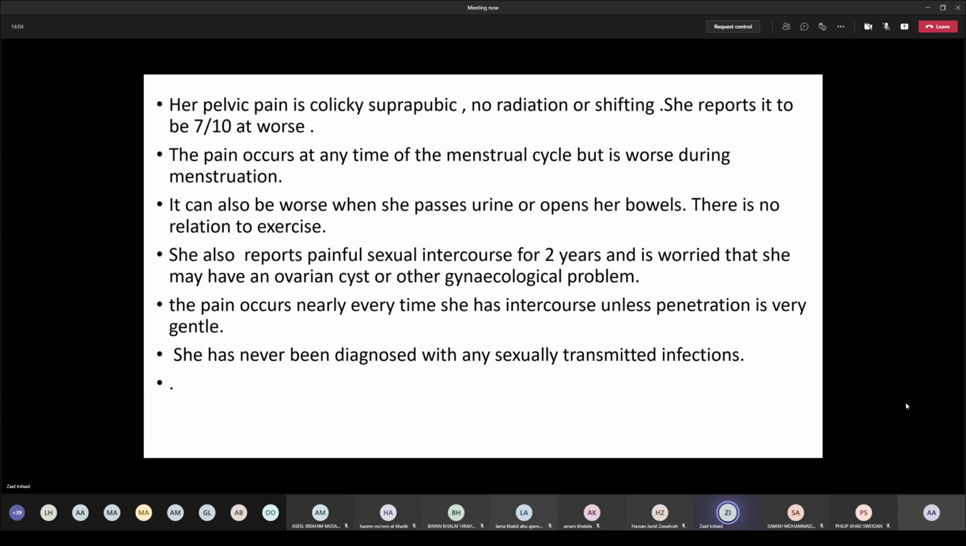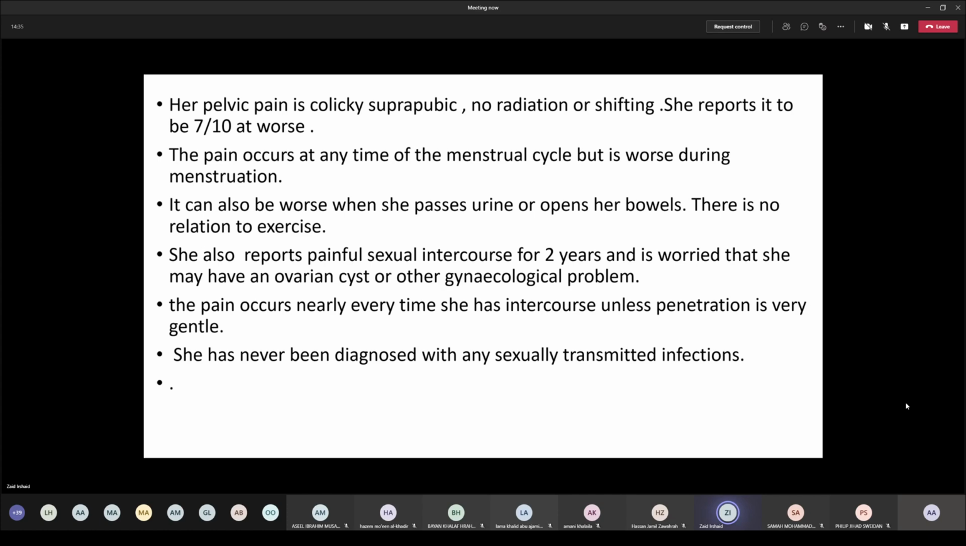So after we interviewed her, that's a summary of her complaints. Her pelvic pain is colicky and suprapubic. It's not associated with any radiation or shifting. She reports it to be, when it's at its worst, 7 out of 10. The pain occurs at any time of the menstrual cycle, but it's usually worst with menstruation. The pain could also be worse when she passes urine or opens her bowels, but there is no relationship to